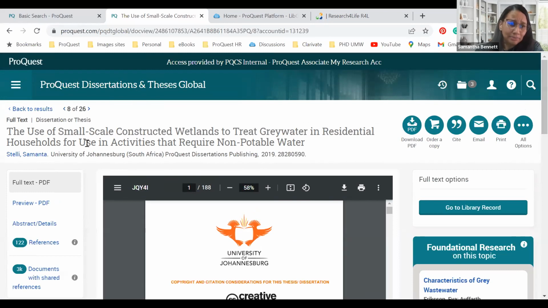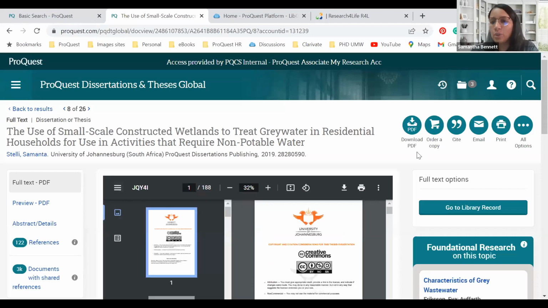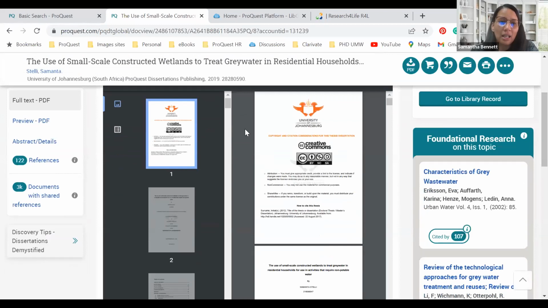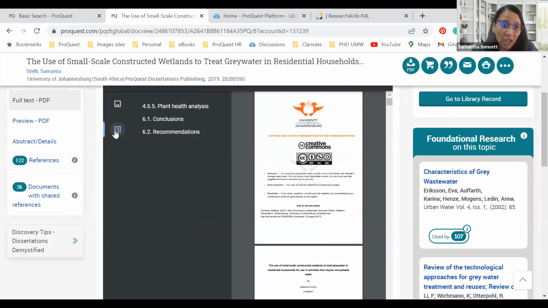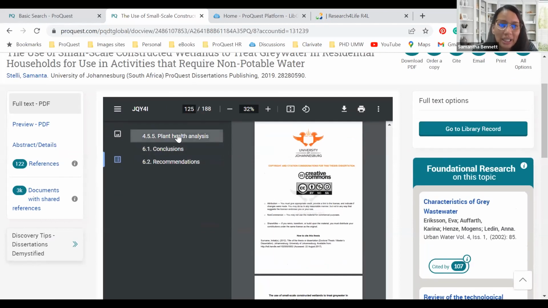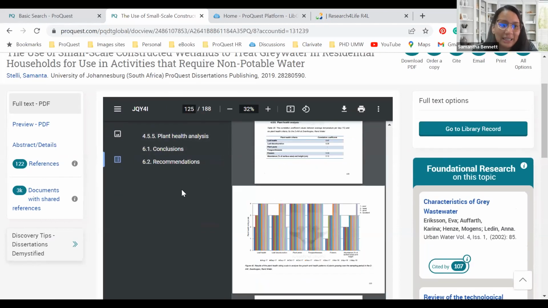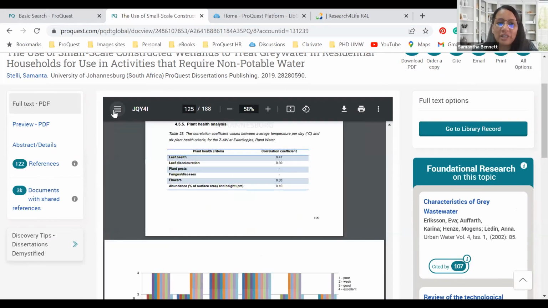On the left-hand side, you can see the full text of the article. Now, for the latest, not the article, the dissertation and thesis. For the latest dissertations and theses, the hamburger menu, if I click through on it, it will give you a drop-down list or a pane where you can see the imagery of it. And very often for the newer ones, we've added the table of contents of it. And if we scroll a little bit up to see more of it, you can click through on it and you would be able to see the related information of it. And we can remove that hamburger menu to be able to see more of that.